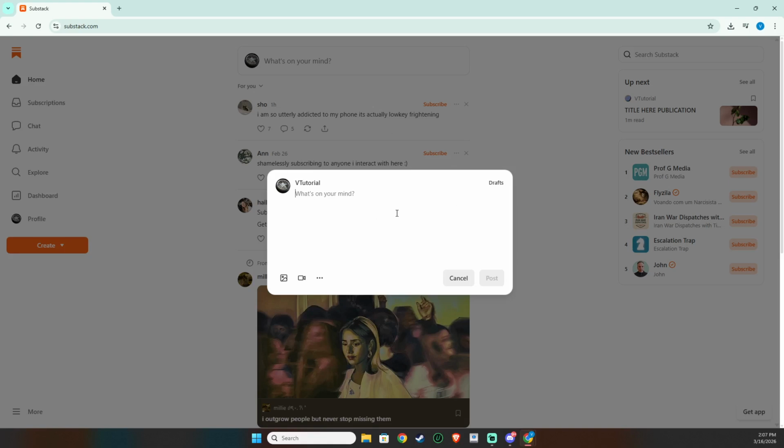This opens a lightweight editor that's designed for brief thoughts, quick announcements, or links you want to pass along to your audience. In the editor, type what's on your mind. Keep it conversational and focused. If it helps tell your story, you can also include images or video to add context or visual interest. Media can make even a short note more engaging, especially if you're referencing something your readers might want to see.